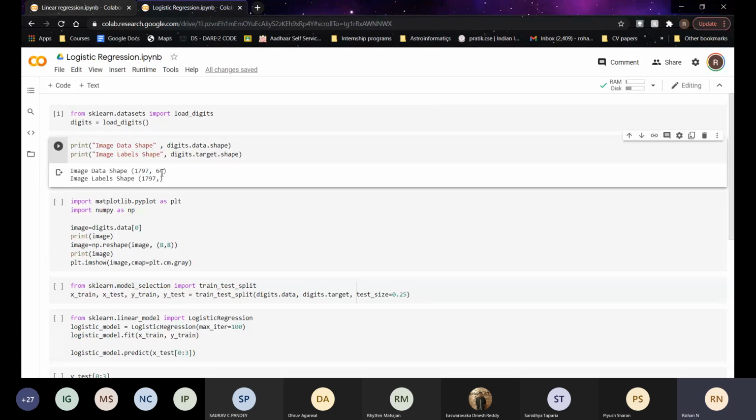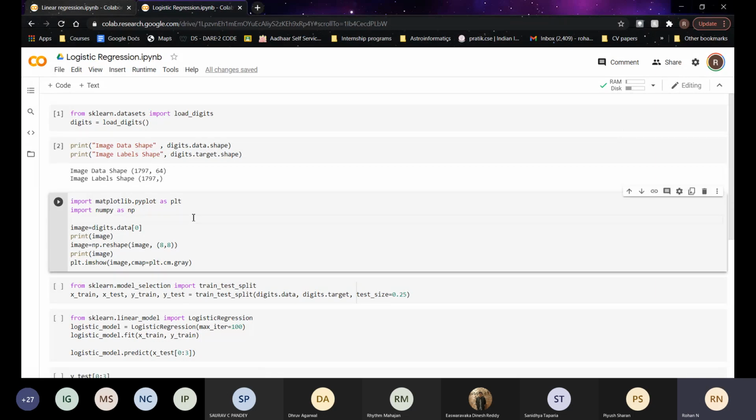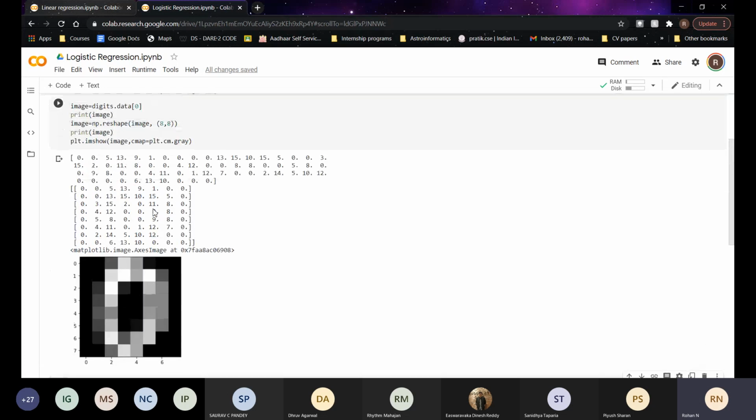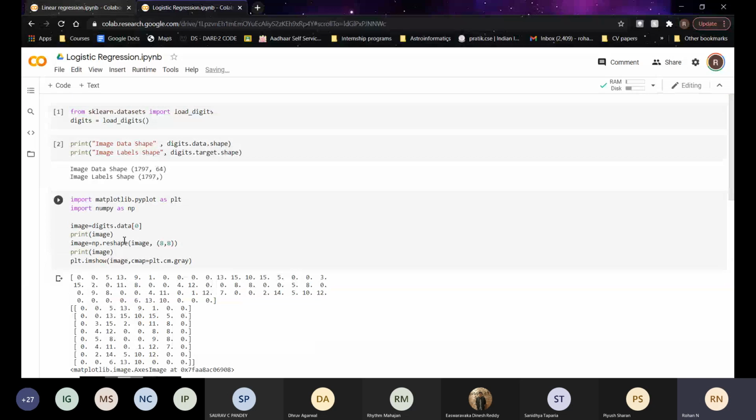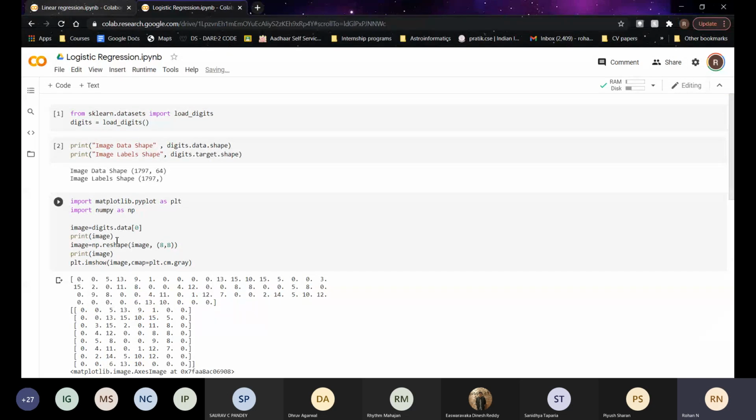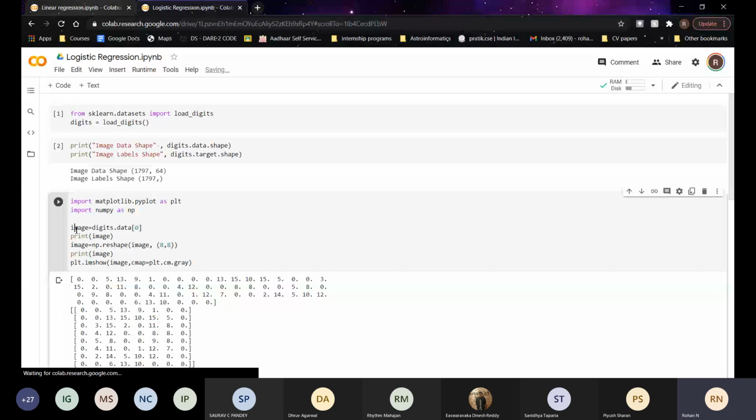So how do these 64 elements represent a digit's image? I'll show you that now. We import matplotlib and numpy as before. Image is just the first element in this digits.data, and I've printed that, and after that I've reshaped it to 8 cross 8 and printed that as well.